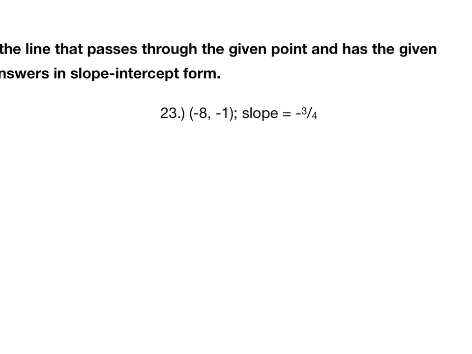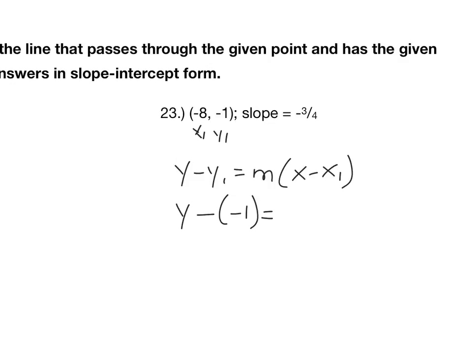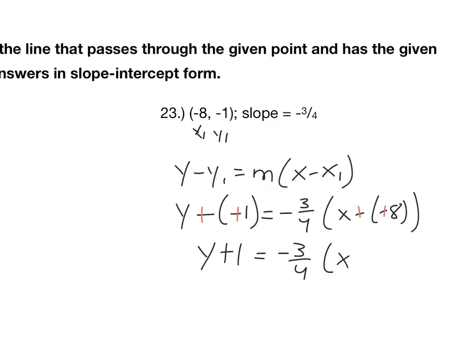Same with this. We have x1 here, y1 here. And remember, point slope is y minus y1 equals m times x minus x1. So this would be y minus negative 1 equals negative 3/4 times x minus negative 8. Now these two negatives here will turn into a positive, and so will these. So that would be y plus 1 equals negative 3/4 times x plus 8. Distribute again,